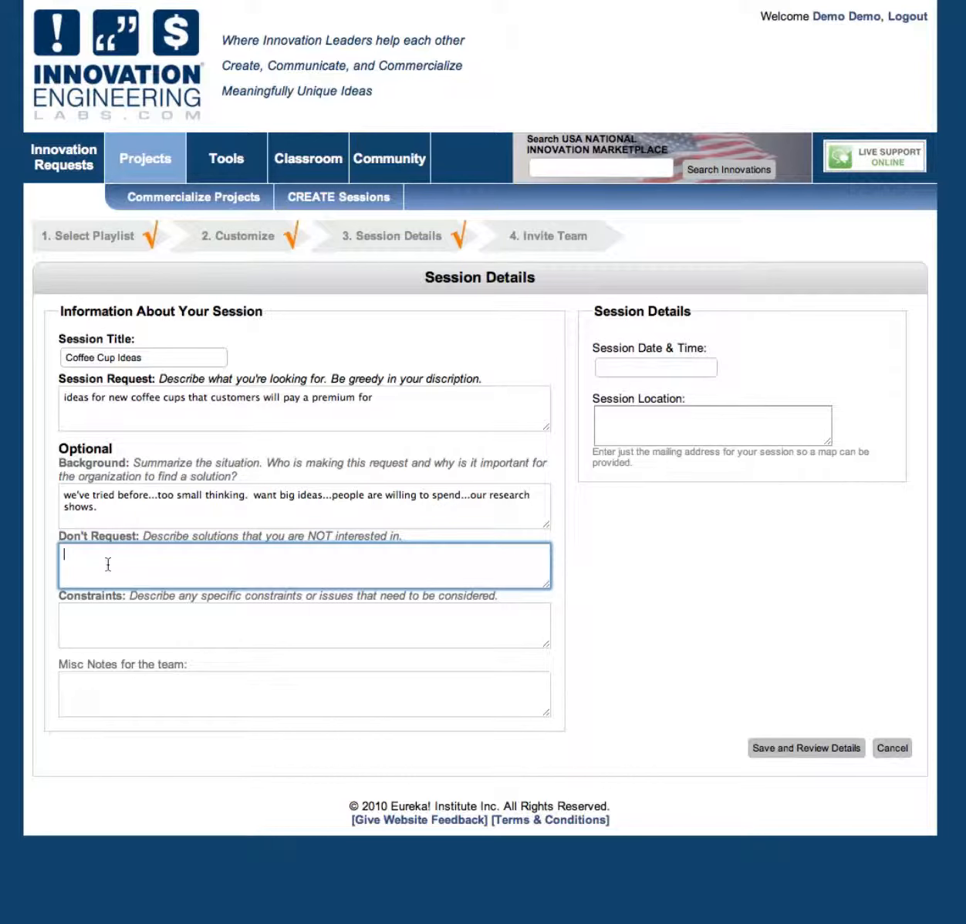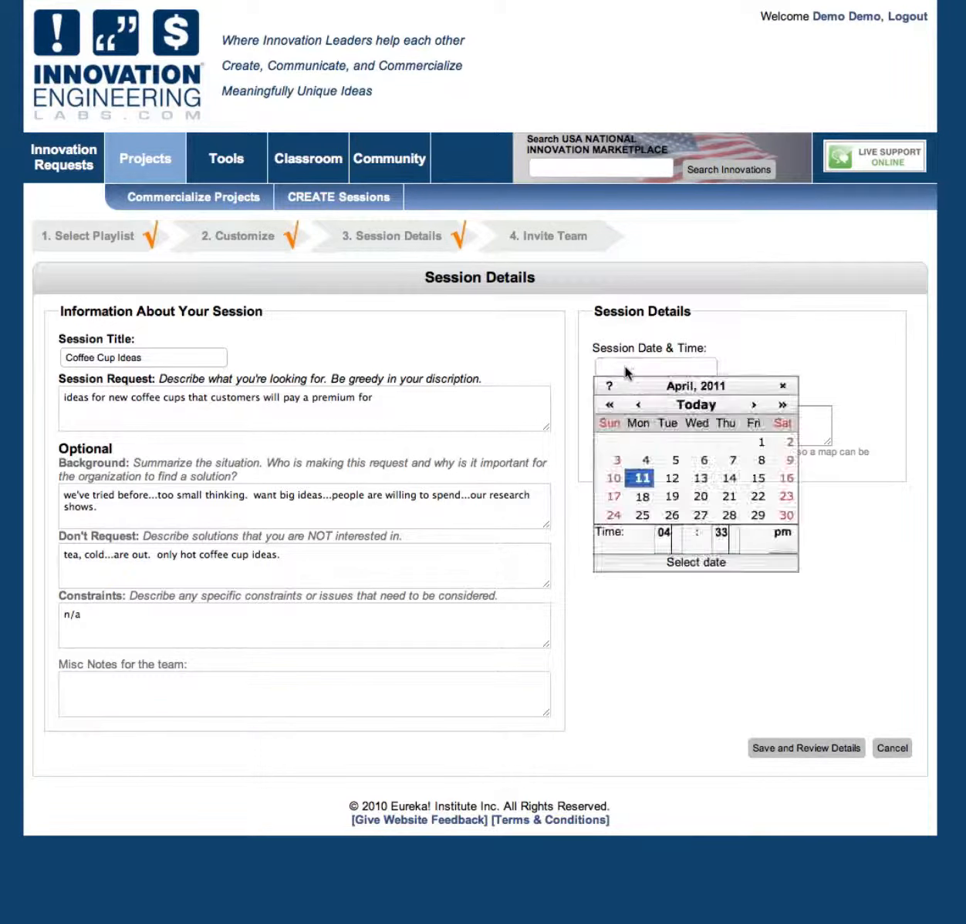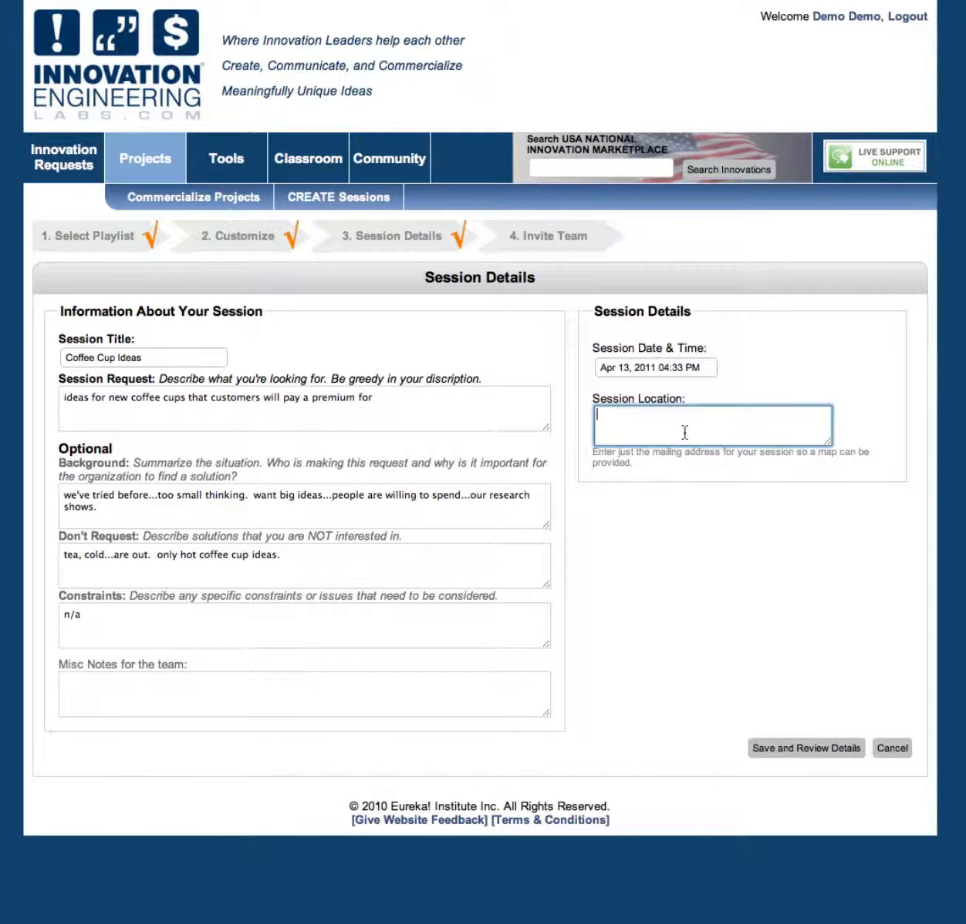Don't request, so we're not interested in tea, we're not interested in cold. We want to stay focused on hot coffee cup ideas. Any constraints that we might have, and any notes for the team, whatever those might be. You also want to say what date your session is going to be, and then you